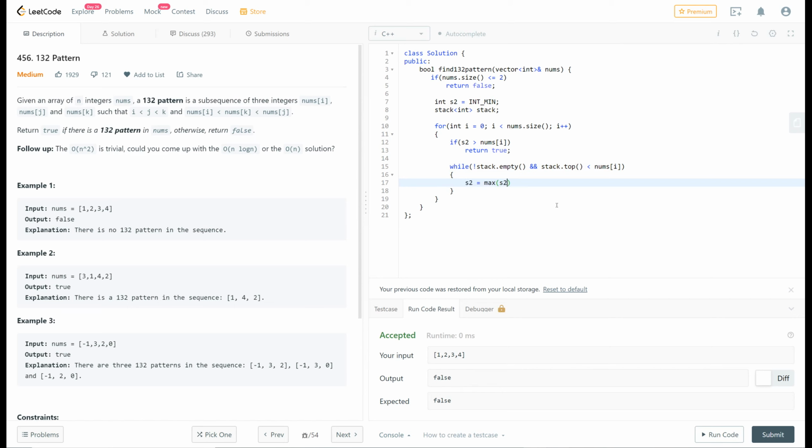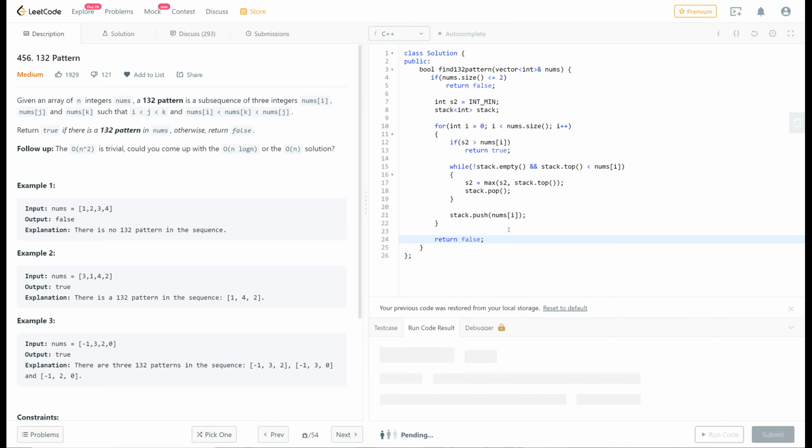I will take the maximum of s2 and stack dot top, and then I pop the element from the stack, and finally I will push the current element to the stack. And if all of this for loop executes without me finding a 132 pattern, I'll return false. So that's the algorithm here basically.